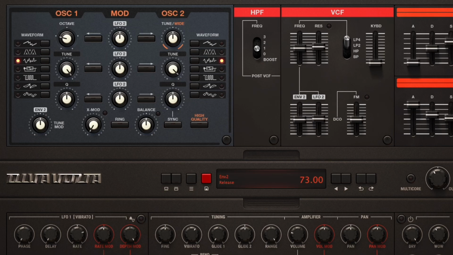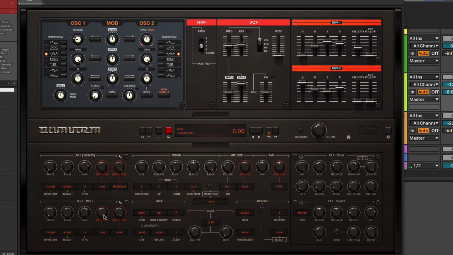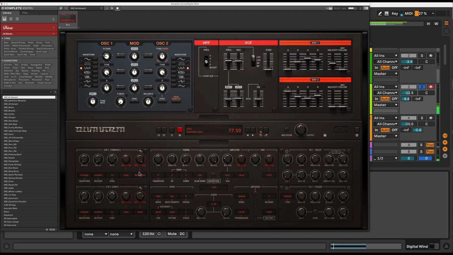It's not really audible. If I increase the depth... Oops, I've broken it. So obviously that's too much, but just a tiny bit, just moving the filter a little bit. So it's a really nice touch. It's just quite a subtle sound, but it really adds a lot, in my opinion.